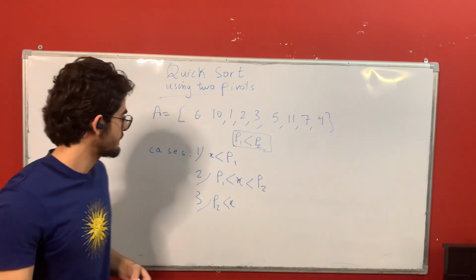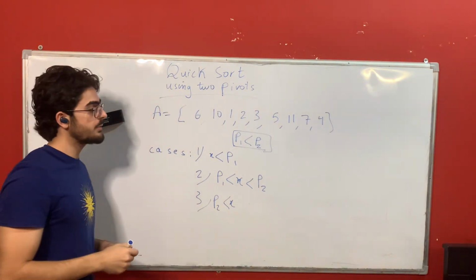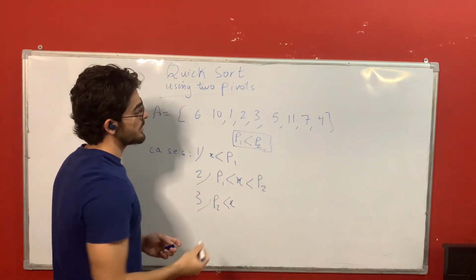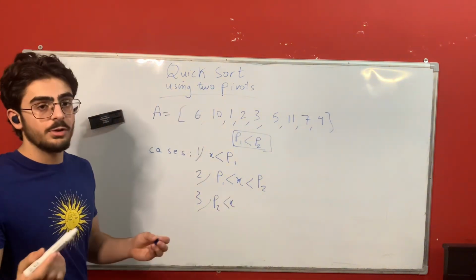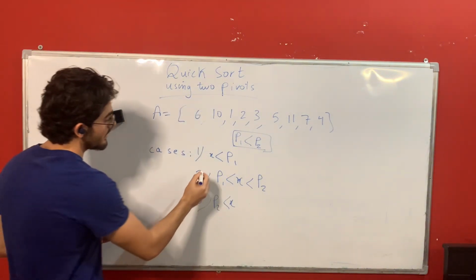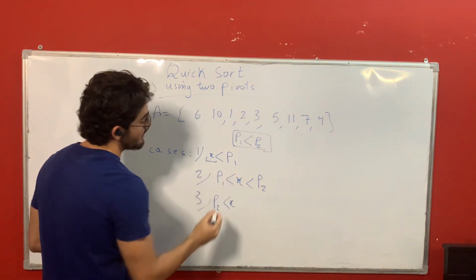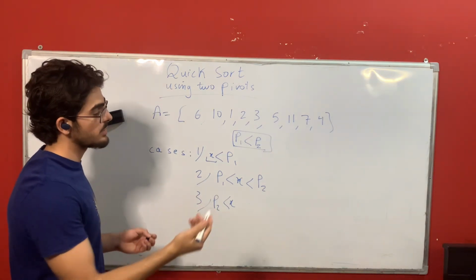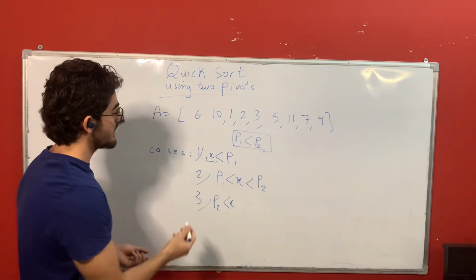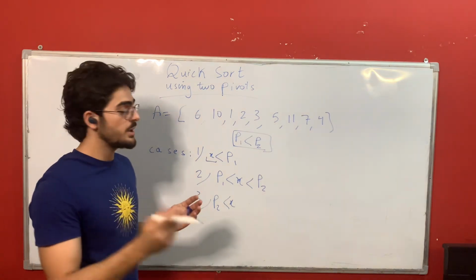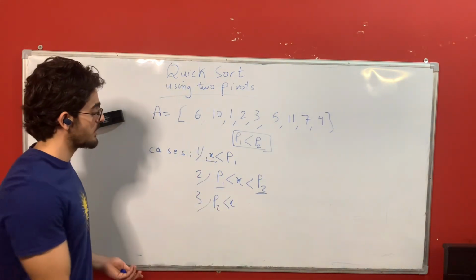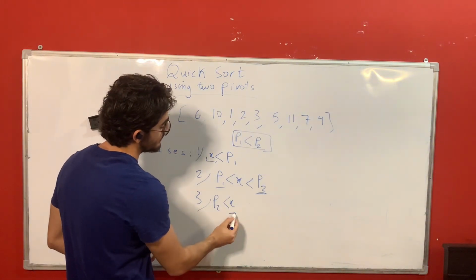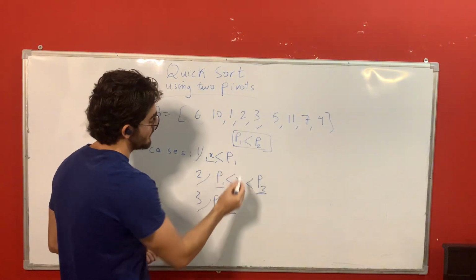following cases. We shall pick two pivots denoted as P1 and P2, where P2 is always greater than P1. We have the following cases. The numbers of the array may be less than P1, so they are also less than P2. The second case is the numbers are between P1 and P2. The last case is we have numbers that are greater than P2, which are also greater than P1 because P2